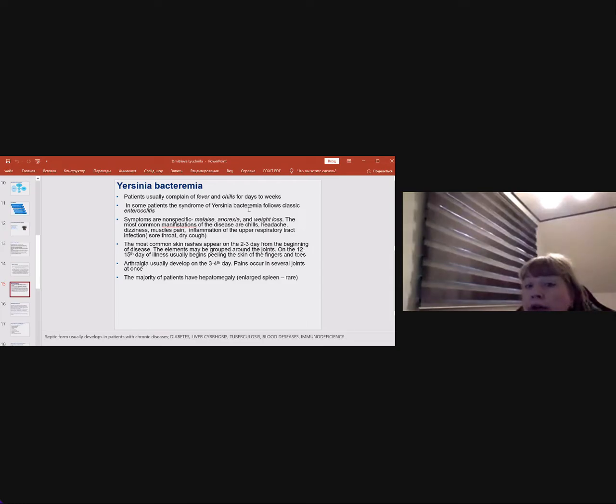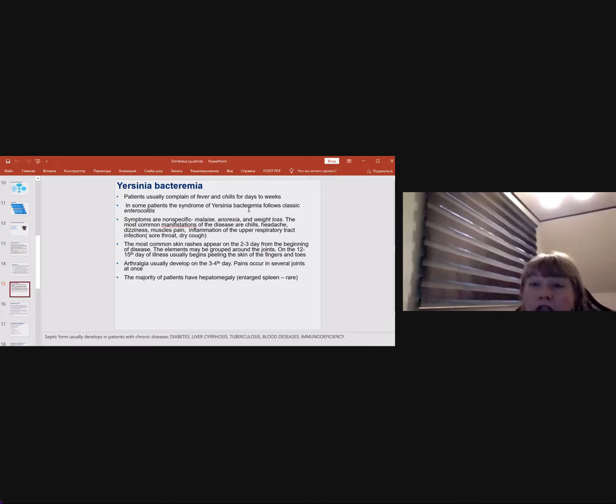Arthralgia usually develops on the 3rd or 4th day. Pains occur in several joints at once. The majority of patients have hepatomegaly. Enlarged spleen is rare. And doctors, if the patient with yersiniosis has enterocolitis, and after